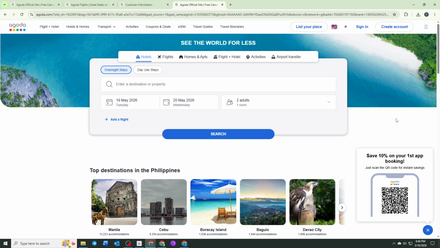In today's video, I'm going to teach you how to book a flight in Agoda without a passport. I'll walk you through the process in a simple and easy-to-follow way so you can book a domestic flight smoothly without getting confused about travel requirements. This method is especially useful for local trips within your own country, where a passport is often not required for